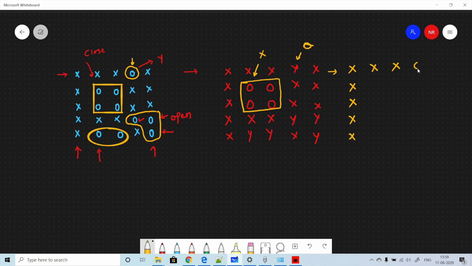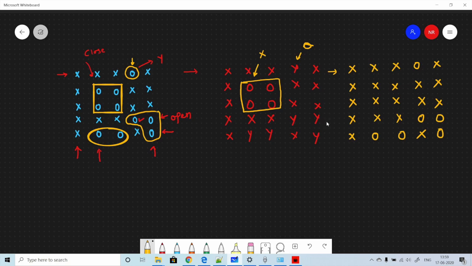This is your Y, so we will move it back to the O, and this we will flip to the X because we want to flip those closed or surrounded regions to the X. Again this we will flip back to the O. Again we will move it to the O. This is also O and X. So if you see here, we only flip those closed O's and the rest are again in the same position. So this way we can achieve the solution.